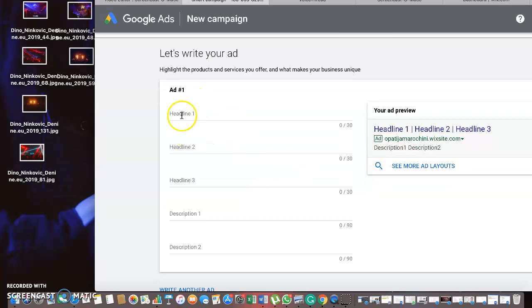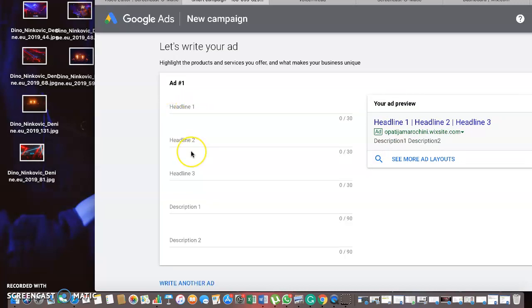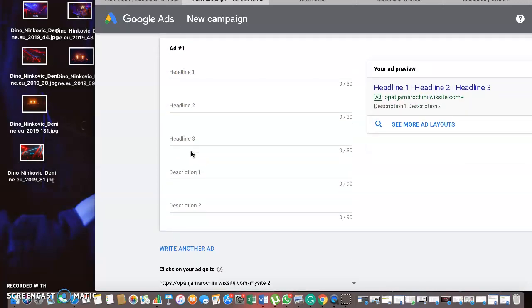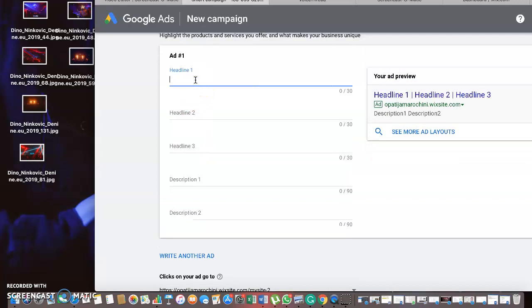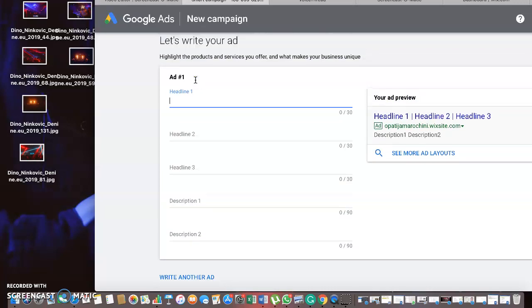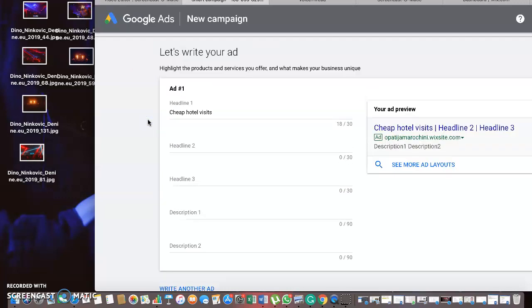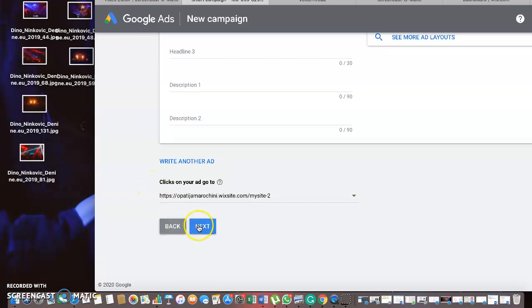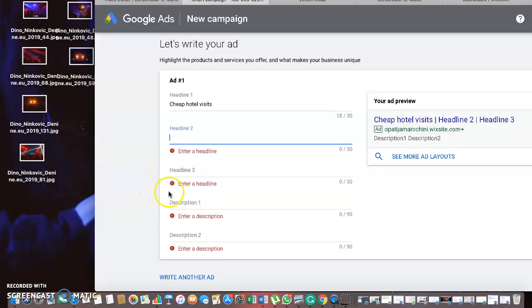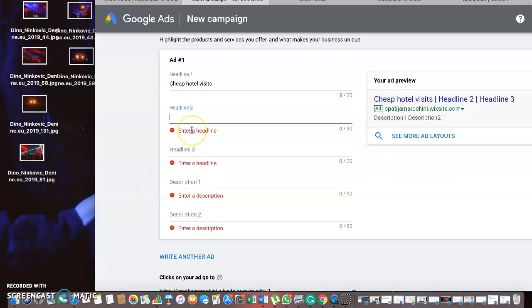let's write your ad. So you have the headline. Here you write, I don't know, a specification, let's say cheap hotel visits, and here you can see the link that popped out. Then maybe again click on next. One headline, two, I don't know, we should put another headline,